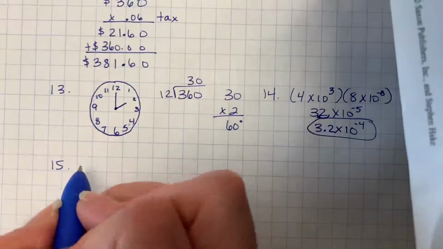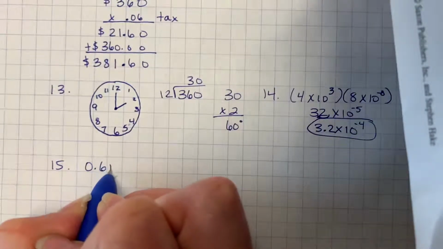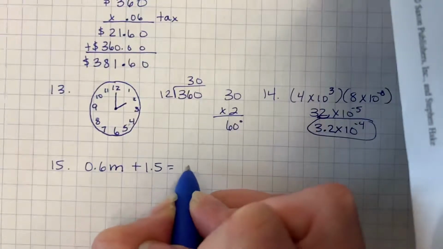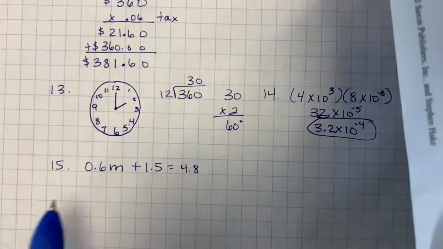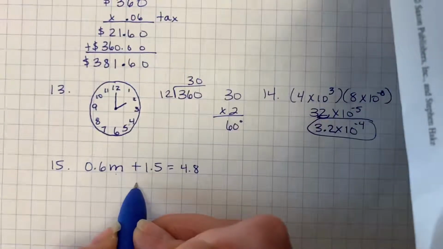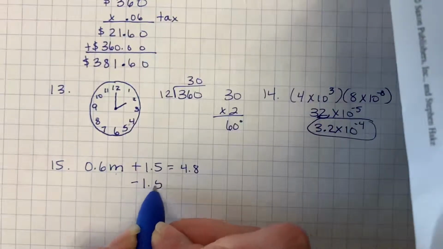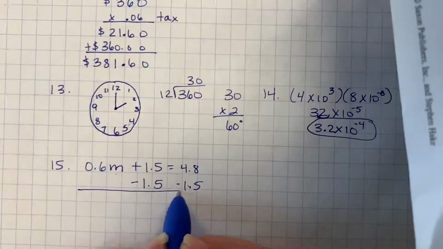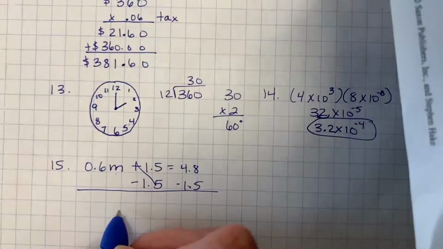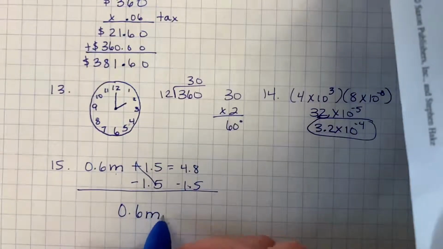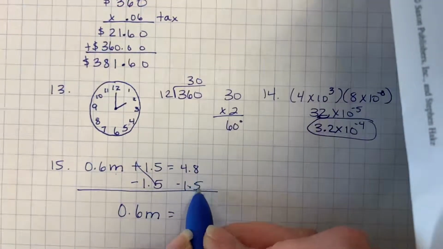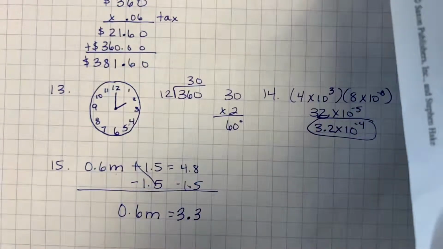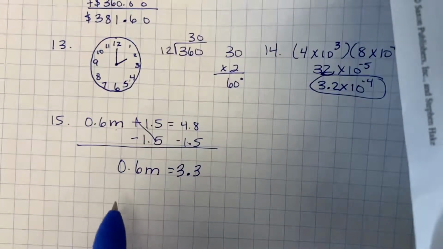Number 15 says solve 0.6 m plus 1.5 equals 4.8. We're solving for m. We want to isolate that, so we'll subtract 1.5 from both sides to start with. And when we do that, these cancel out. We get 0.6 m equals, and 8 minus 5 is 3, 4 minus 1 is 3. All right, then we have